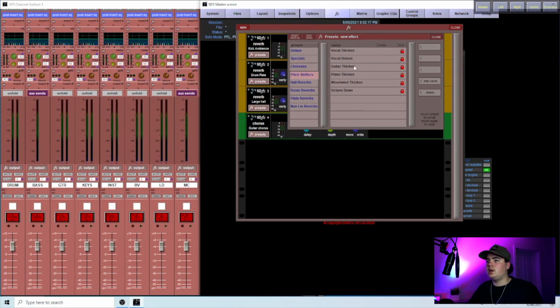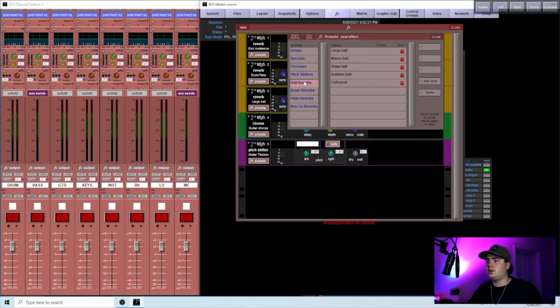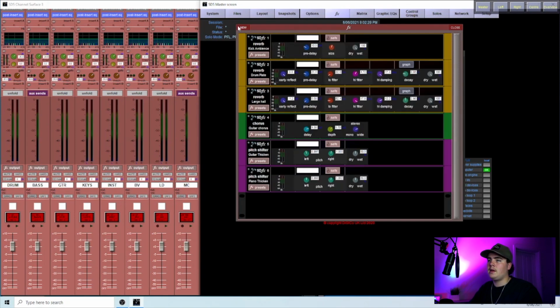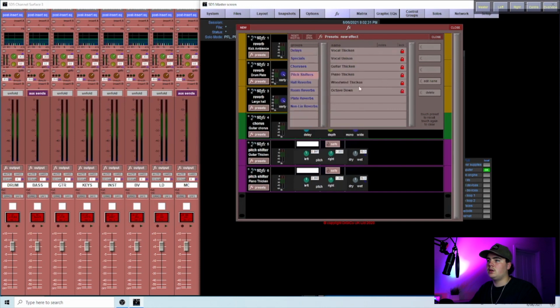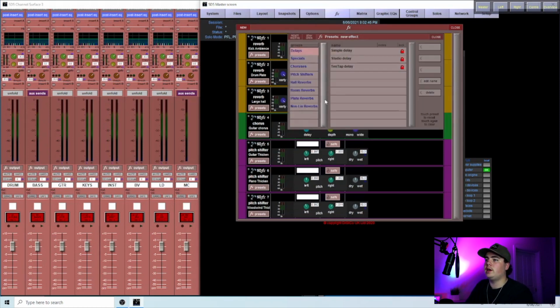Here we go. Guitar thickener, and also piano thickener, and also woodwind thickener. These are pretty much just here for if I do need to insert them. They are not at all going to be all used, but they are just inserts for if I really need them. And then after that, we will have our